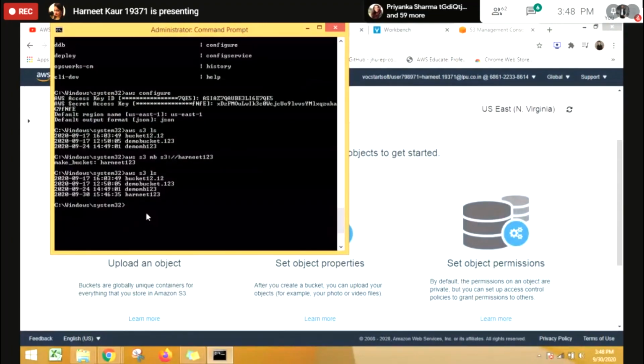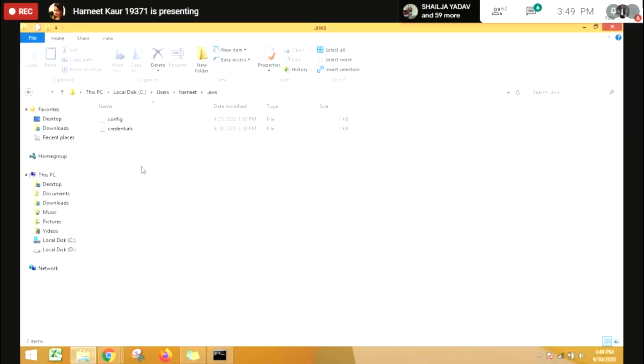So I want that some data should be provided into this particular bucket. So what I will do, I will write a command AWS S3. Now in order to upload the data, means I am copying the content from my local machine into this particular bucket, I will use the cp command. cp basically stands for copying the data. Okay, cp.